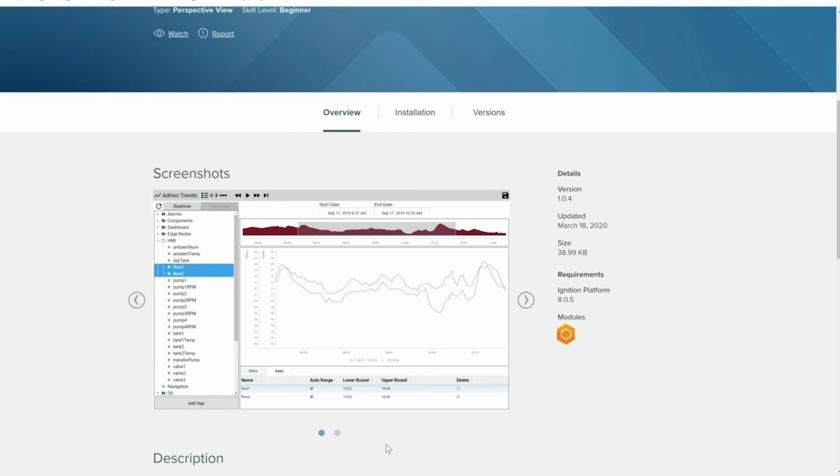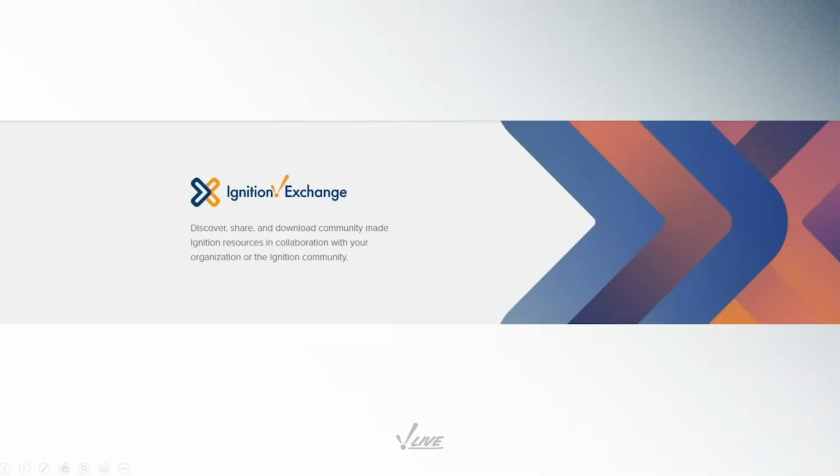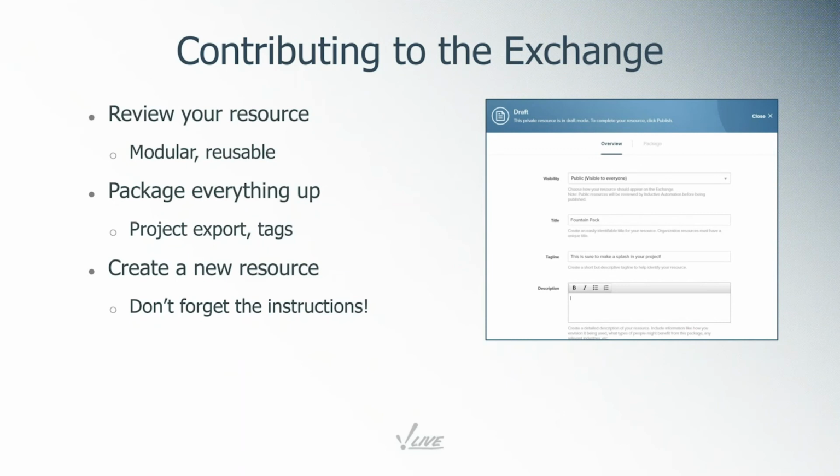So at this point, we can switch back over to the slides here and review. Once you have your resource, what can you do to package it up and contribute to the exchange? Once you've found how this can be useful for you. And so really, it's just once you have something that you are satisfied with, when you're happy with, and you